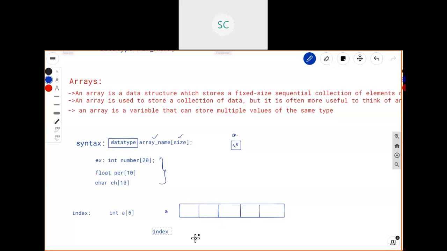The index value in an array starts from 0, then 1, 2, 3, 4. It is going to give 5 boxes in RAM memory, and each box you can refer to by one index value. Index value actually starts from 0 and it will end at size minus 1.